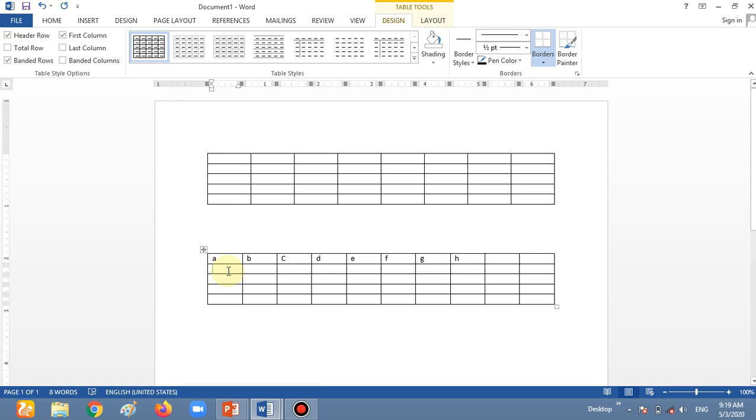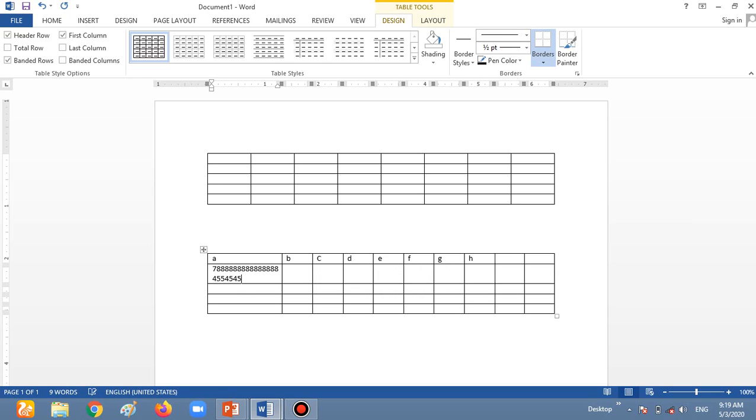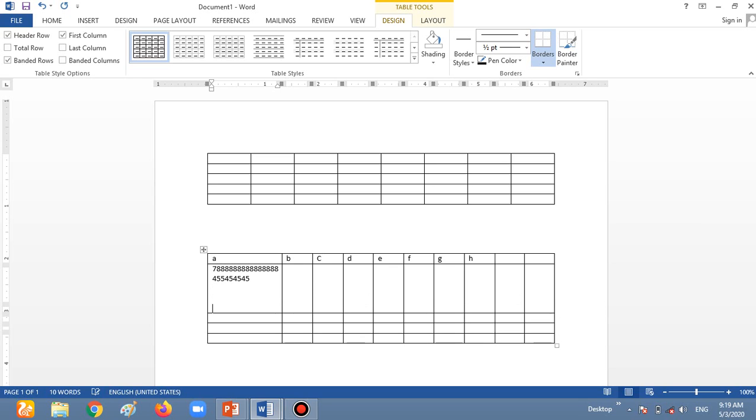Now a question arises, the boxes are too small, but if the data we want to fit is more than the box can hold, what would happen? So I'm going to fill in more data. Look, the column size or the cell size is automatically changed. This is the way we can increase or decrease the size of a cell, and it automatically increases the size of this cell and also the column. Okay, it also increases the size of this column.